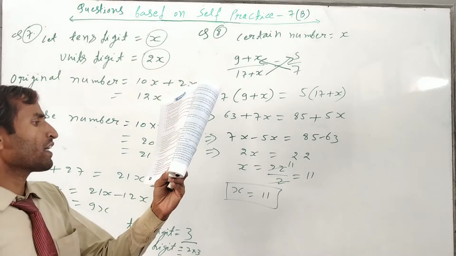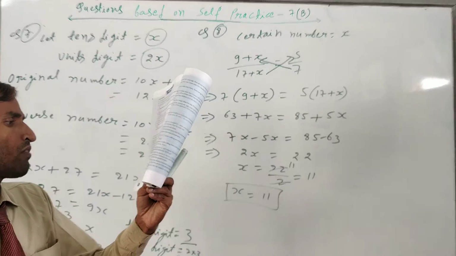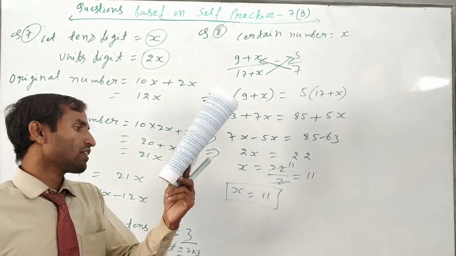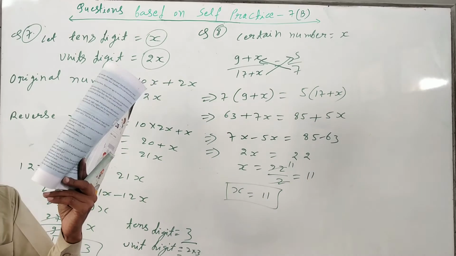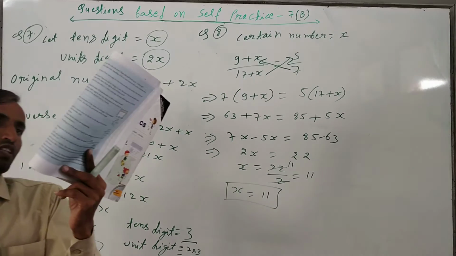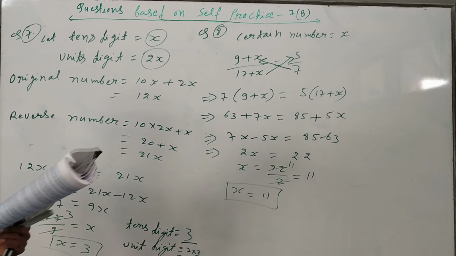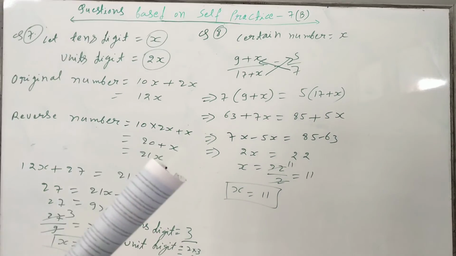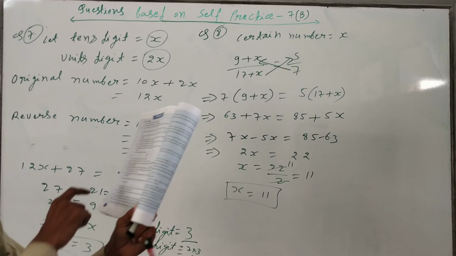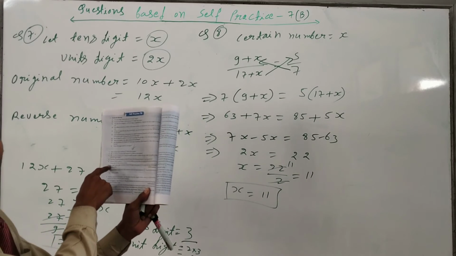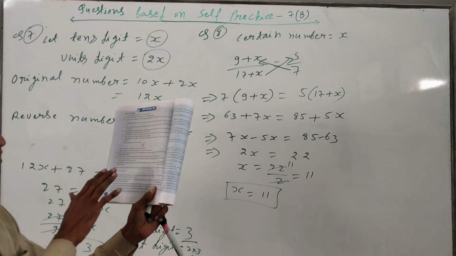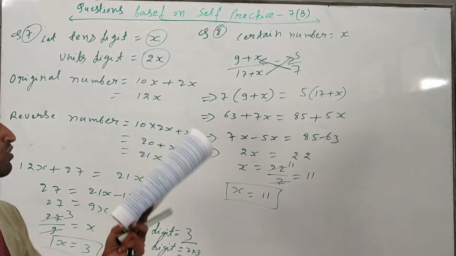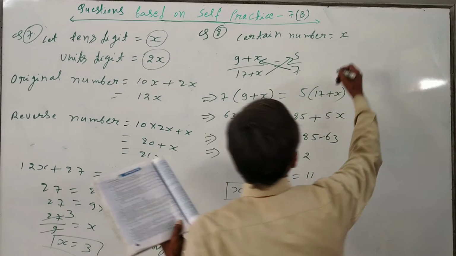Now question number 9. Consecutive odd numbers, 3 times the larger number added to twice the smaller is 93. Which are the prime numbers? So what we do in the question number 9? Just I will try question number 9 also. Question number 10, just you try yourself. Okay, question number 10 is same as question number 7. So how I have done question number 7? Same types of question are given in the question number 10. So question number 9 I will write down.